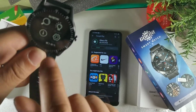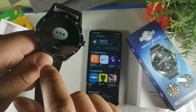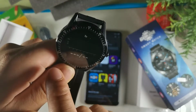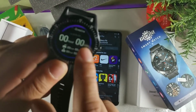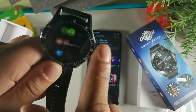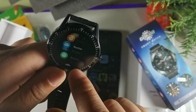Okay, so you do have find your phone, brightness, info, settings. We do have messages when we swipe up. When we swipe down, we get those settings and things of that nature. When we swipe right, we get our steps, heart rate, and sleeping is also tracked on here, which is nice. This thing also has the weather on here, which is sick. So you get your weather, your status, everything's on here, messages,